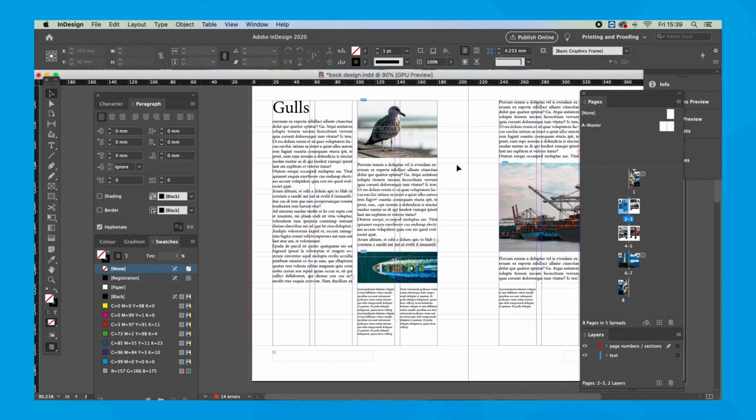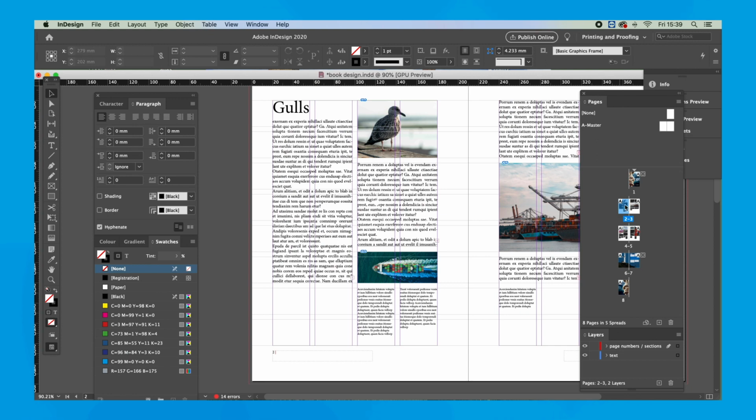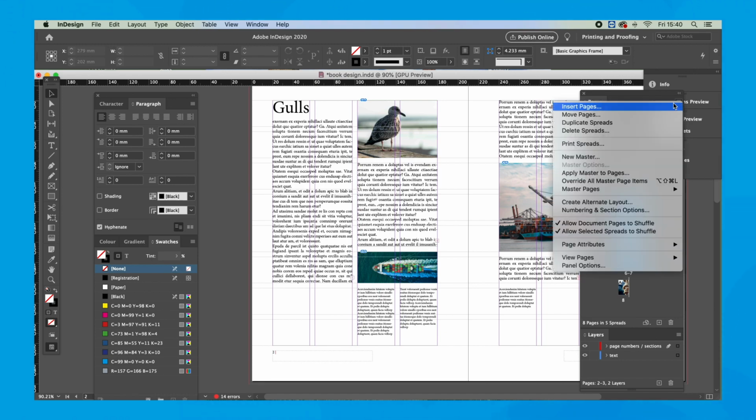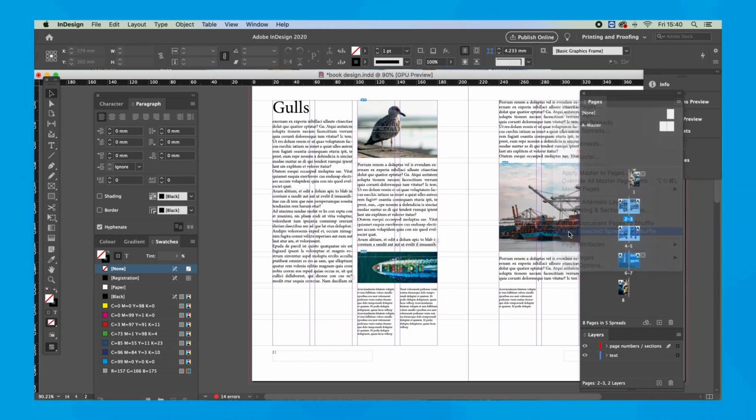Step 3. So to define our sections so they appear down here, I need to do that within these thumbnails here. But before I do that, there's one important thing to do. Where there's any spreads that you don't want to be disturbed, I just select all the pages and then come up to your menu and just make sure this one's unchecked, that allows selected spreads to shuffle. I don't want that to happen. I want them to always stay as spreads. If I didn't do that, it will start shifting pages along and we'll end up in a bit of a mess.